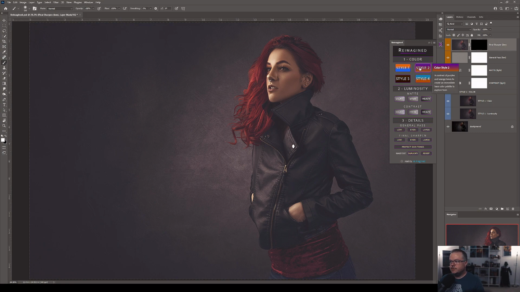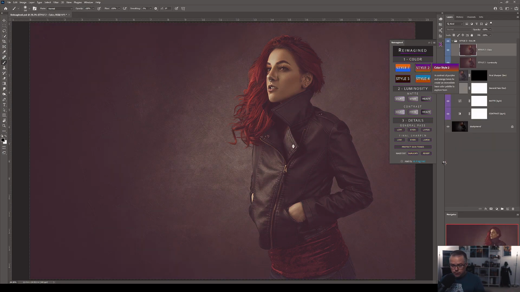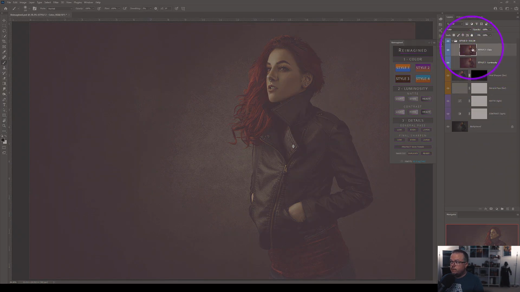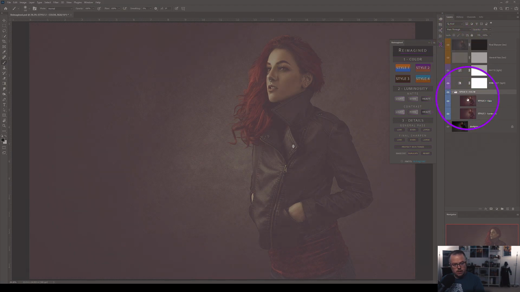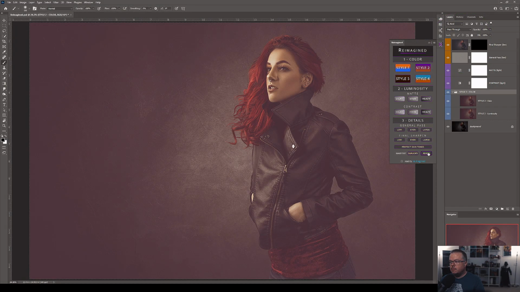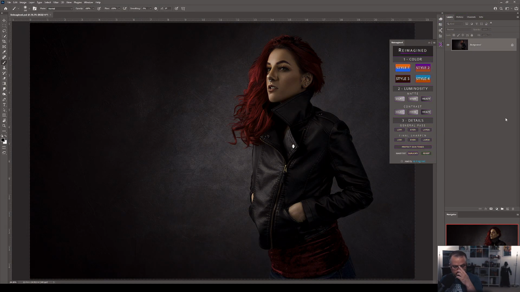So if I click style 2, it will delete the folder of style 1, and it will make a new folder of style 2, and unfortunately it has to go at the top of our layer stack. That isn't the end of the world. The problem is this one step that we did here in the final sharpening, this is based upon the look of style 1. It cannot change this layer. So if we were to have these details and manually move the folder stack down to the bottom in our layers, we still have this layer that's based upon the old look. So I do recommend that you use the revert button to go back to the original state of the image